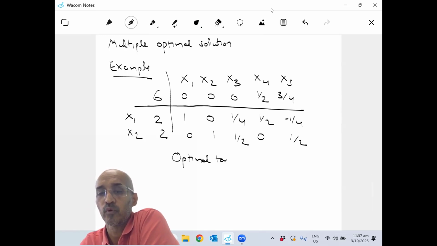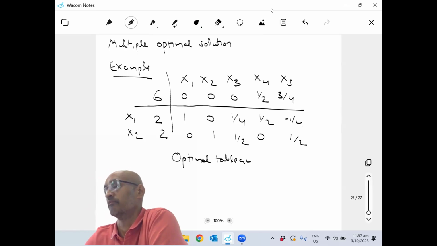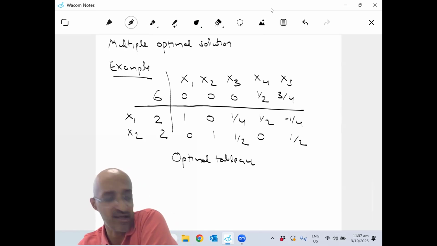Why? Clearly, it's a basic feasible solution, and all my reduced costs here are non-negative. So it's optimal. So I've solved the problem. So clearly, x1 equal to 2, x2 equal to 2,